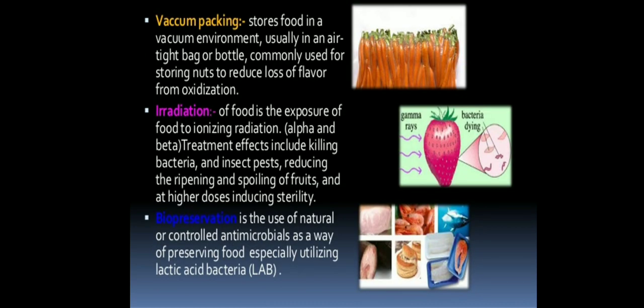Next is vacuum packing. Store food in a vacuum environment, usually in an airtight bag or a bottle, commonly used for storing nuts to reduce loss of flavor from oxidization. Clear? Next is the irradiation of food, is the exposure of food to ionizing radiation, that is the alpha and